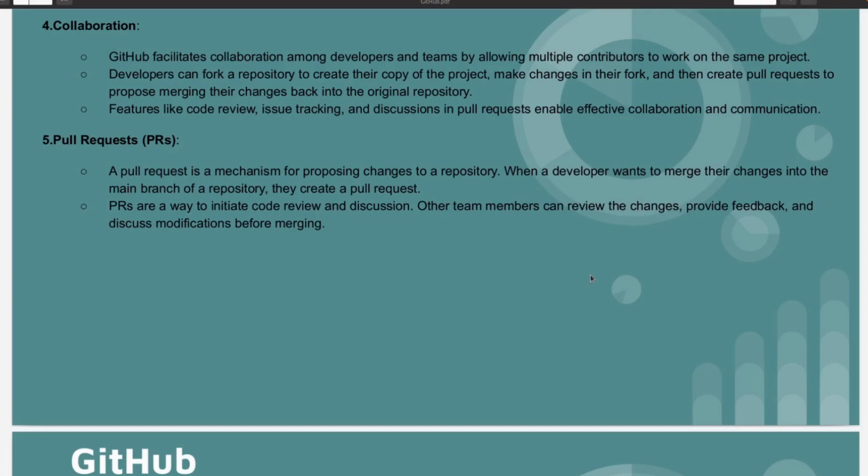If the code looks fine, then only he will approve and merge that code to the master branch, okay? So the main purpose of a PR is removing conflicts and